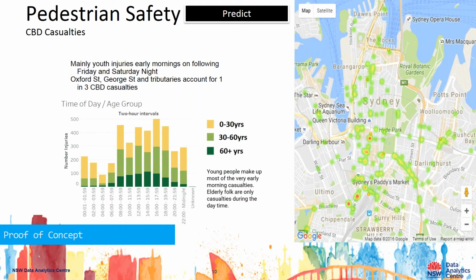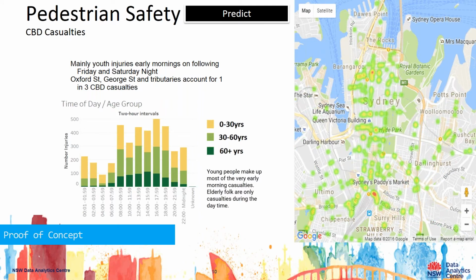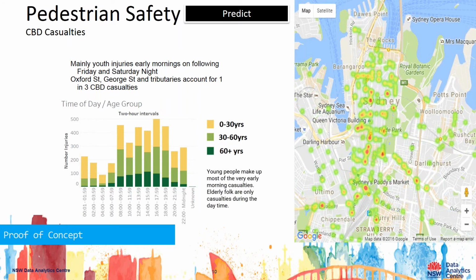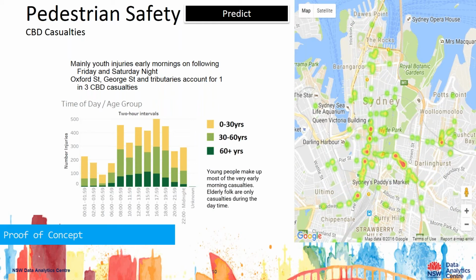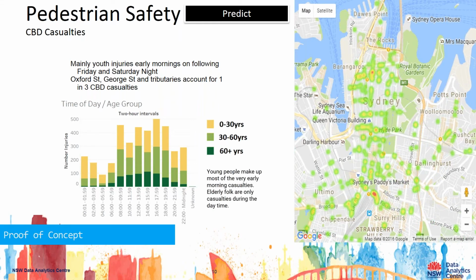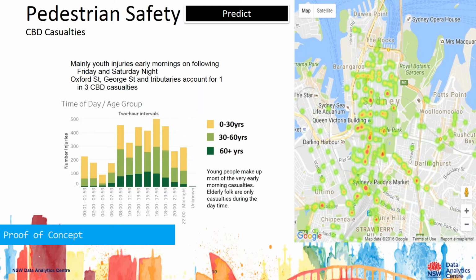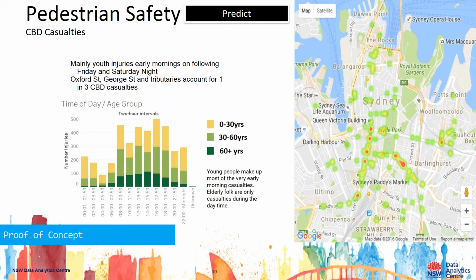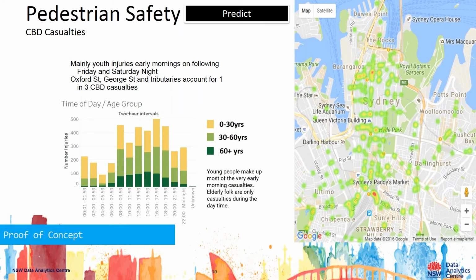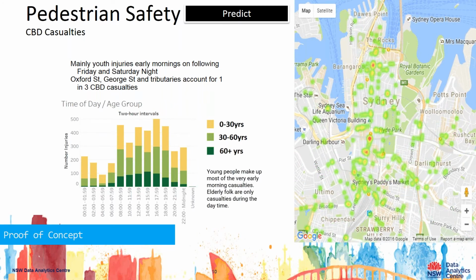And just by looking through the data from, in fact, a wide variety of sources, from data sets ranging from official government data about road safety and road deaths, an understanding of population count, an understanding of a wide variety of different data sets, we were able to build these predictors and better understand for different age groups at different times of the day for different parts of Sydney what those inherent factors of risk are, and then also the modifiable factors of risk. And those modifiable factors of risk become things then that we can start to influence.